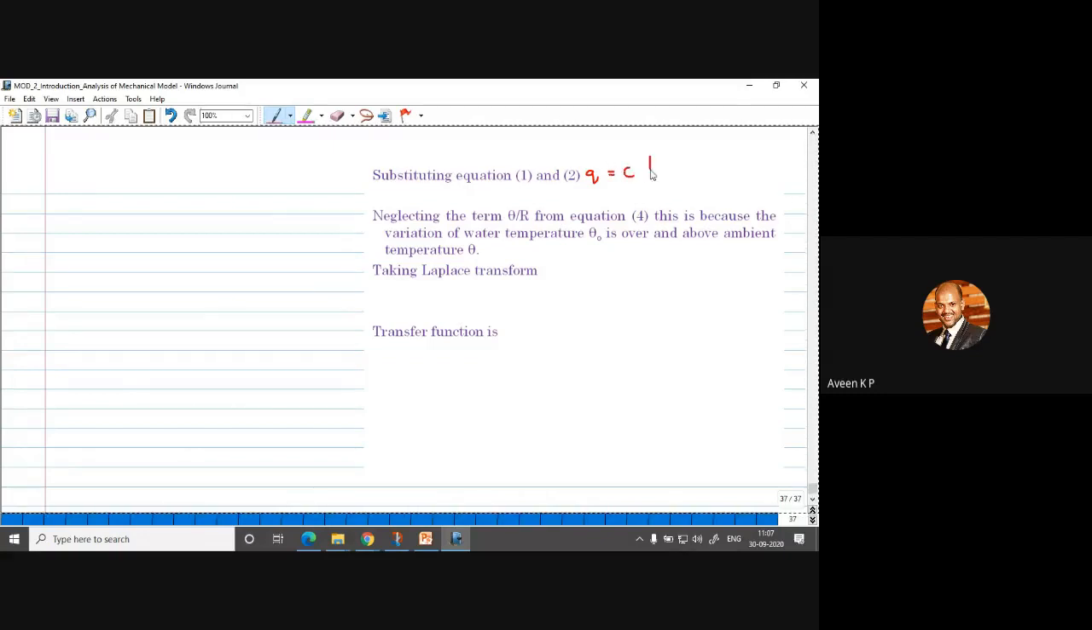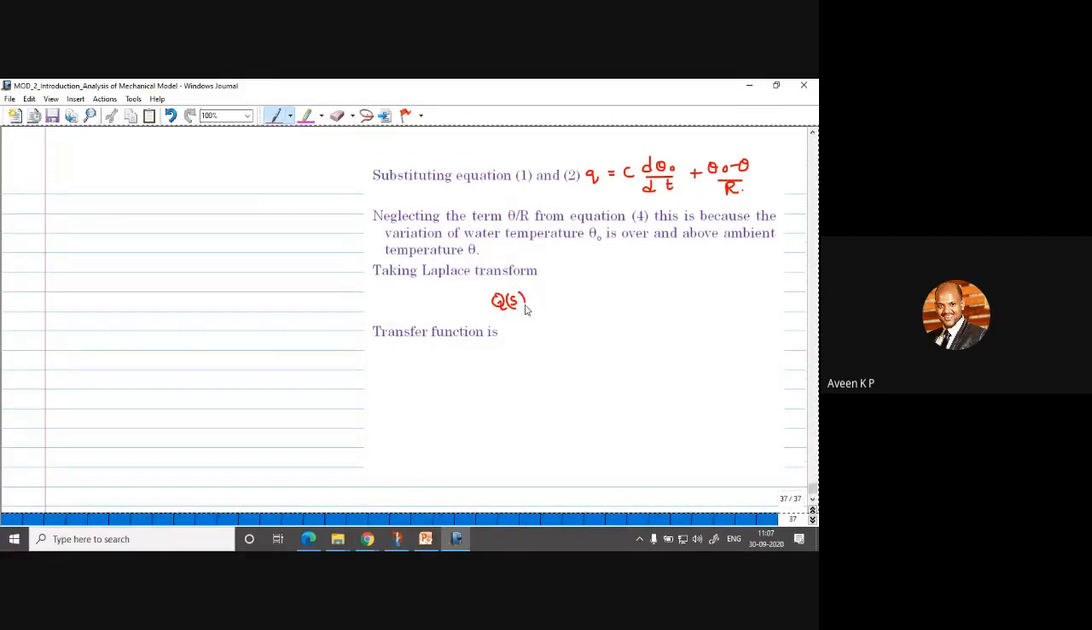C into d theta naught by dt plus theta naught minus theta by R. Simple, we will represent this complete equation in terms of output by input. So how to represent that, I will show. For the same equation, which is in the time domain, if I take the Laplace transform, it will be